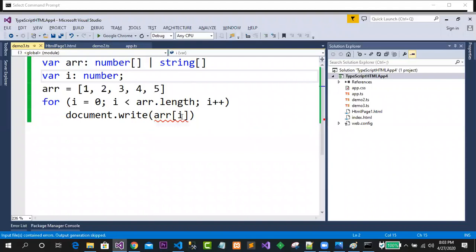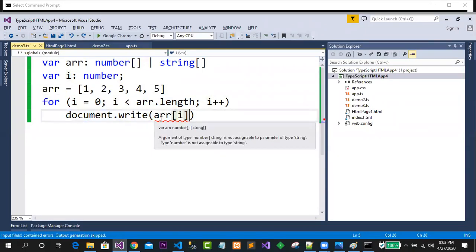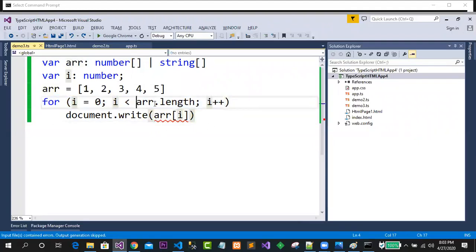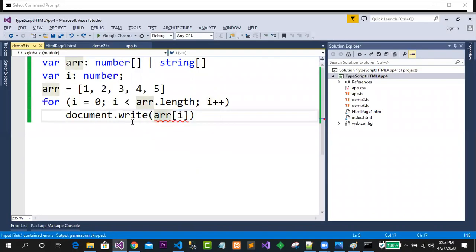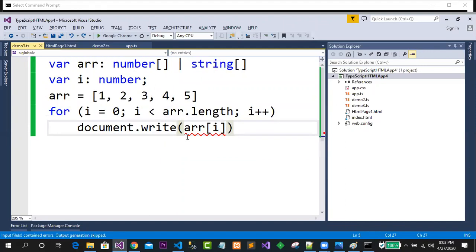So let's say this is converted to string. Let me try doing this now. Still it is not working, guys. Sorry, this is only for index, there is no such error. So here a problem has come. What is the problem here? Though we have taken care of the loop and taken arr.length, still it is not working properly. Why is it not supporting, guys?